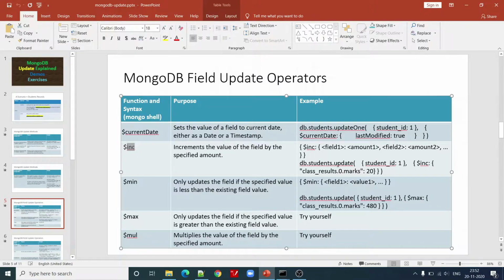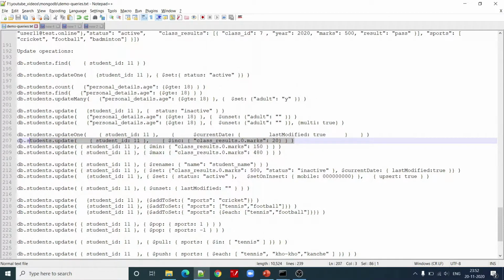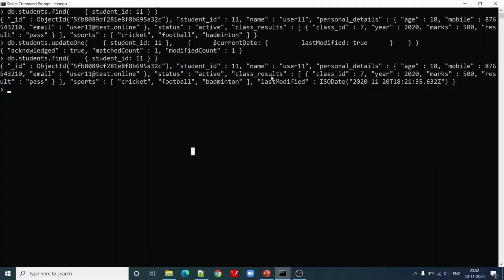Now I am going to take an example. I want to update a student's total marks, and I want to increase those marks by 20, where the student ID is some value. This is how we can update that. If you look at this total marks, it is 500.